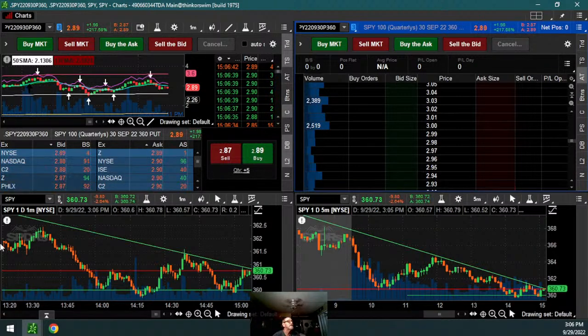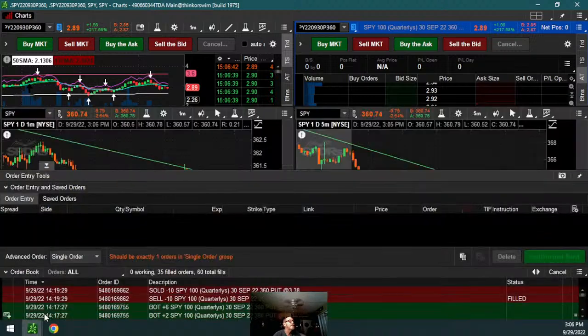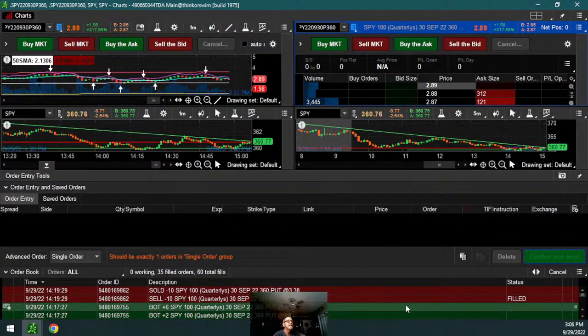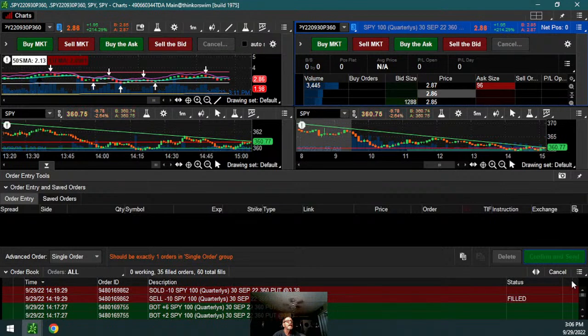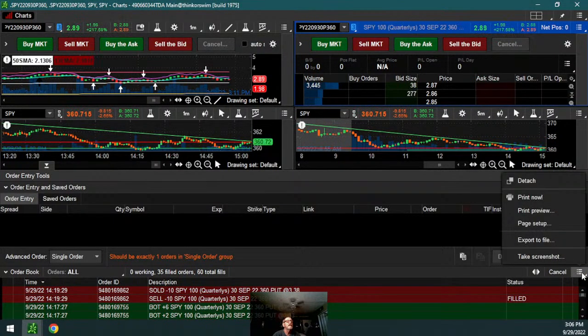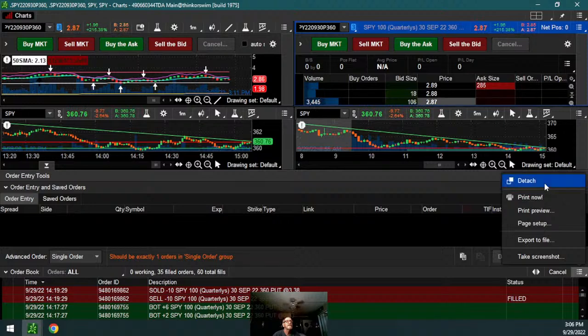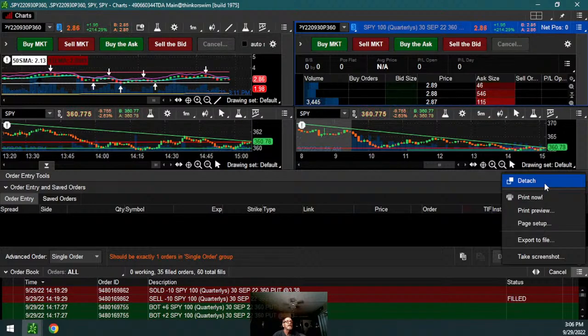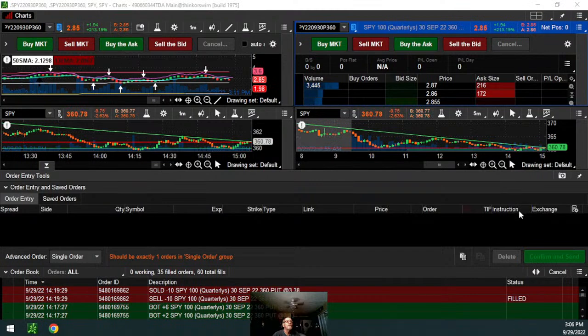And the other order box that you were talking about is this one here, I think. When that opens up there's an order box there. All right. And I can unfill that. I don't know if you can detach these. Yeah, look at that. You can detach these. There it is. So there's your order box right there. You can detach that.